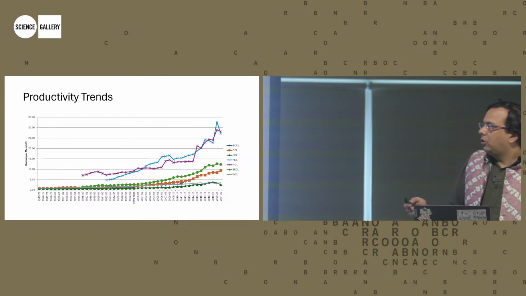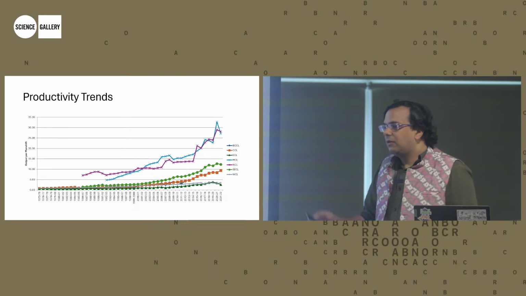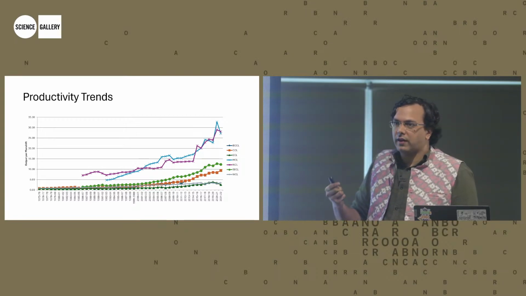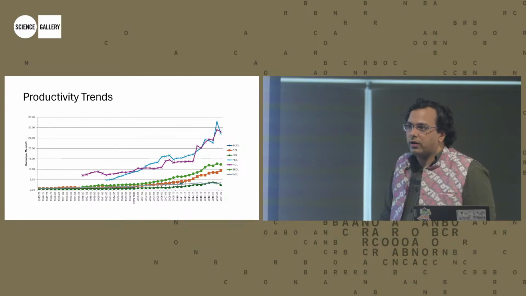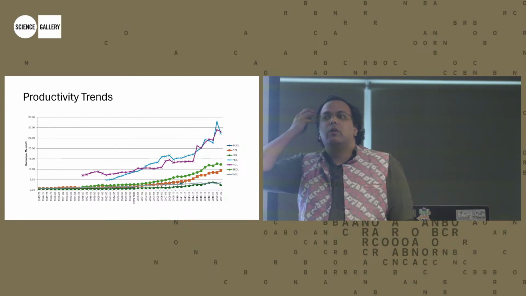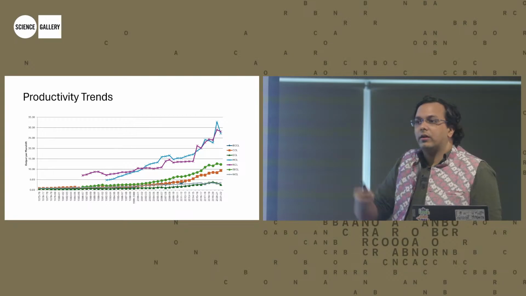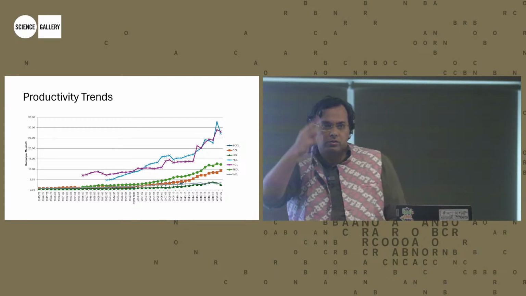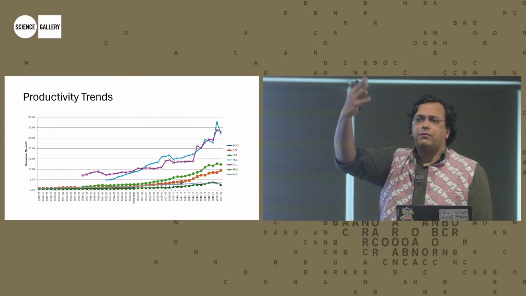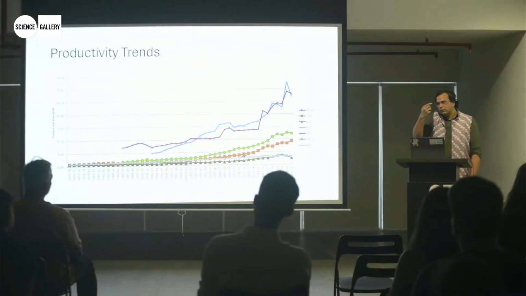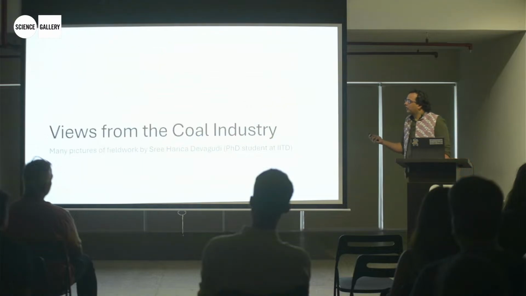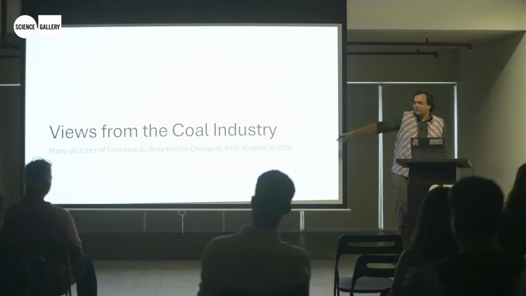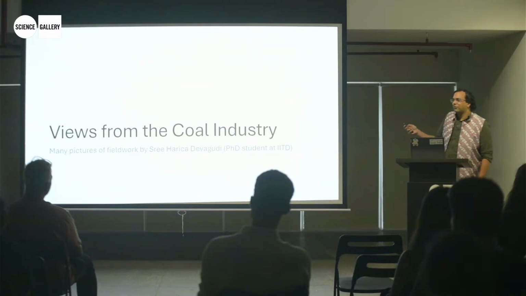So, this is all very nice, these graphs and everything, but I think to really understand the coal industry, you have to see what it looks like. And I think that's one thing which the Science Gallery actually does very nicely, whether it's Ishant Pankha's work on what's going on in Jharkhand, whether it's some of the views of the mining industry, or whether it's Ronnie Sen's work on Jharia and the coal fires there. There's a lot of visualizations up on the first floor, which I think show the industry as it should be. Full disclosure, some of these pictures are from my PhD students. I did not take them, so I should give her credit for it.